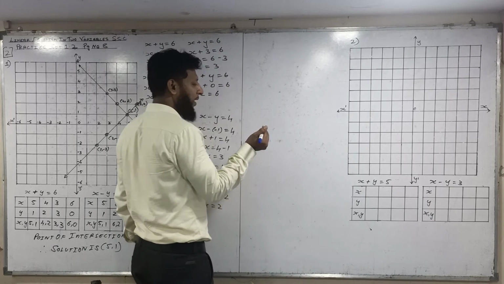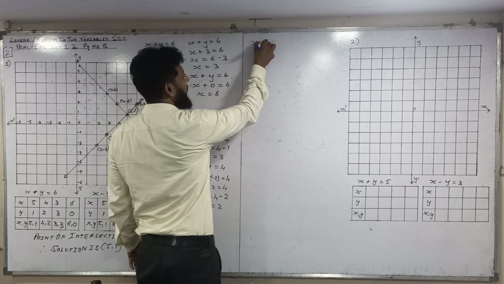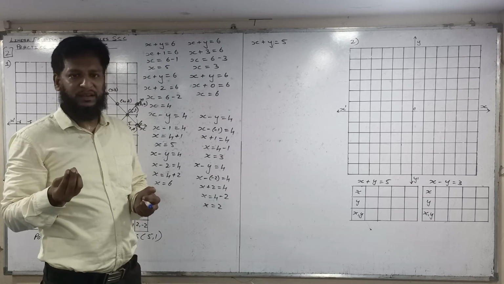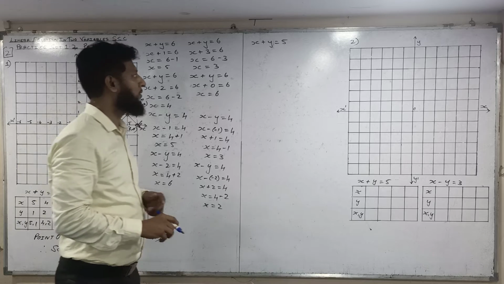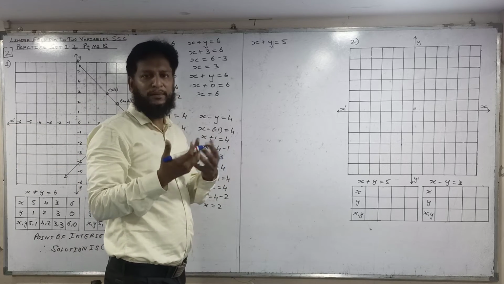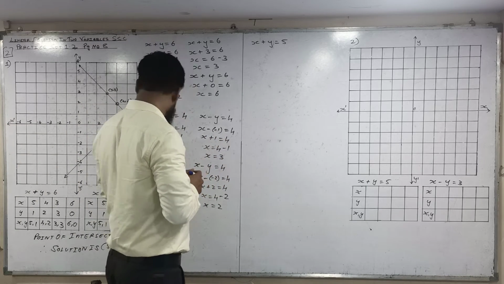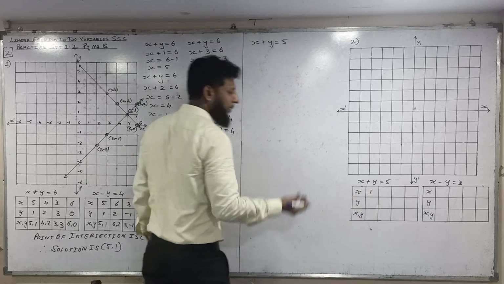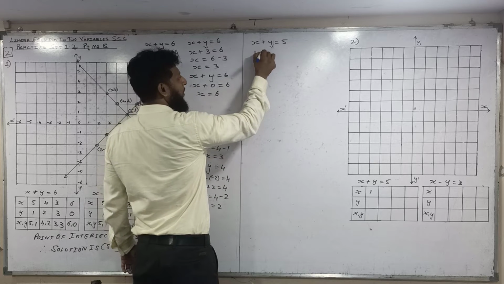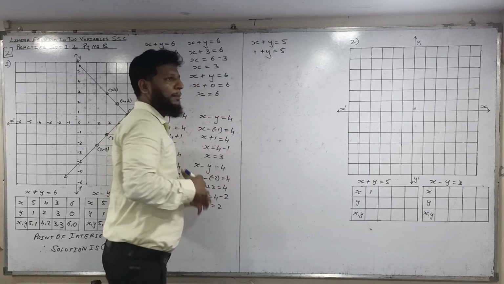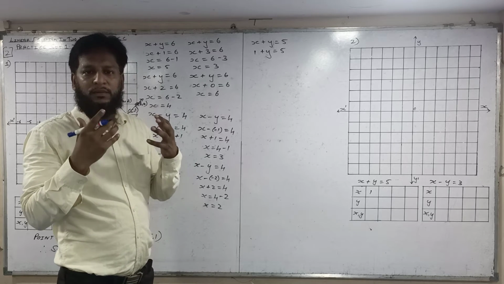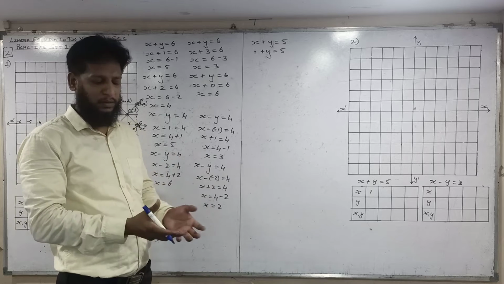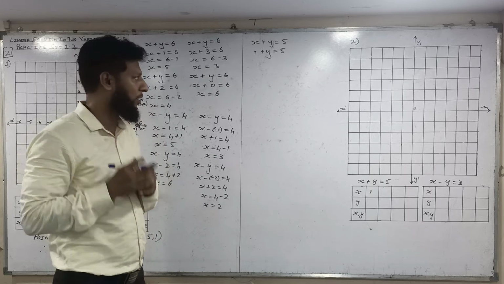Now in this we will take x value. Okay, so x plus y is equal to 5. You can take any one of the values x and y on your own. See which is very much convenient to you. Take according to that. So now I am taking x value. X value I am taking 1. I am taking a small number. It is easy to plot on the graph. If you take a bigger number, for example 15, 16, it is not easy for you all also to plot on your graph. Okay, so try to take small numbers.